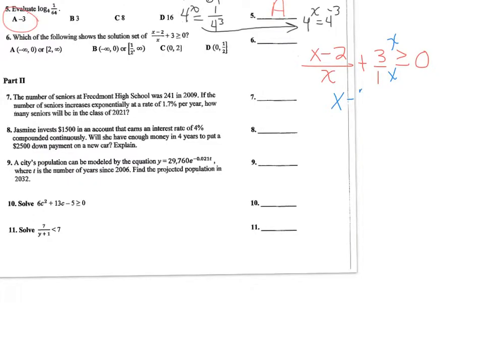X minus 2 and then plus 3x. All of that is over the same denominator, which is x. Then you combine the like terms. That's going to be 4x minus 2 over x. This is greater than or equal to 0. Then when you create your number line,